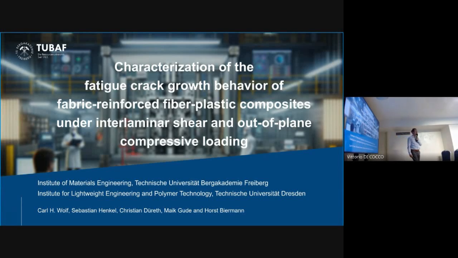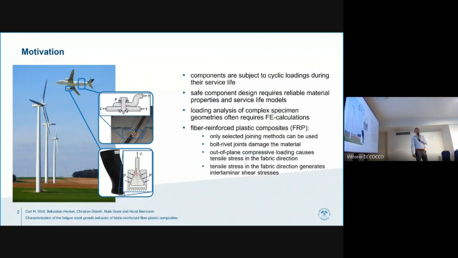I will present the results of my colleague from the University of Dresden and of our university, the Technical University of Freiberg. Why did we perform such investigations? We all know that components are subjected to cyclic loadings during their service life. As an example, I show you some wind turbines and some airplanes, and in both cases we have